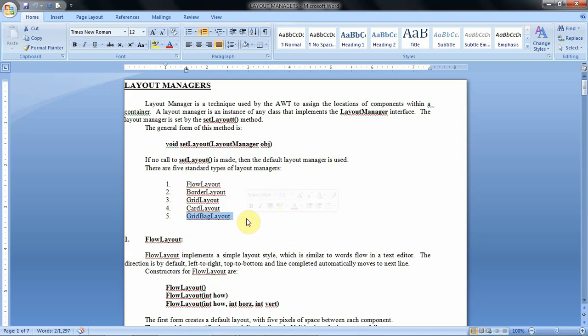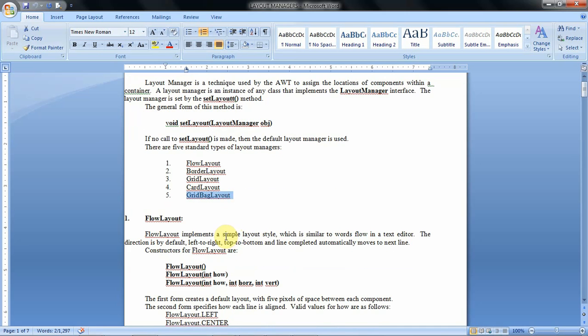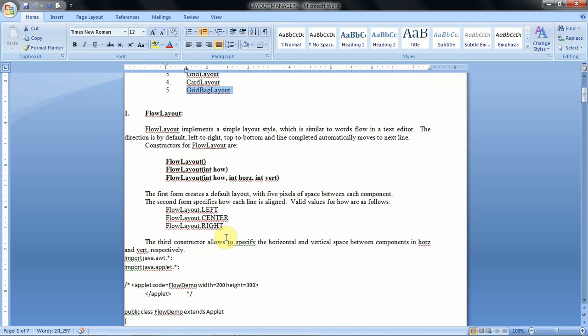These 5 layout managers arrange the components on the windows in their own style. We will see one by one how the layout managers arrange the components on the window, and in what styles.